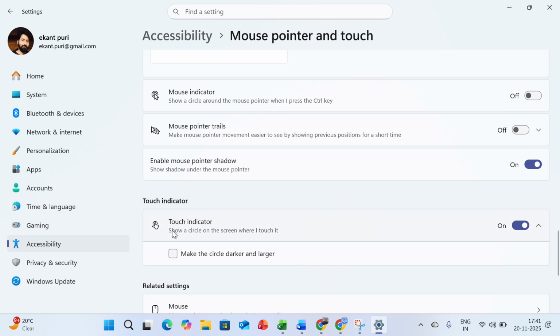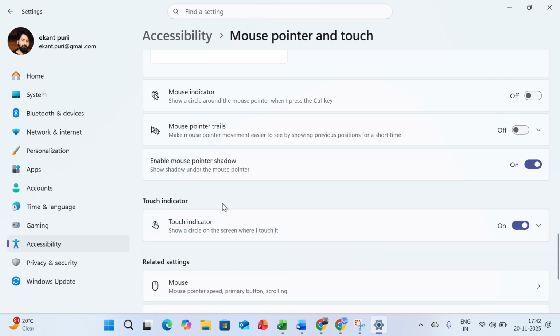Touch indicator: if you enable this, you can make the circle darker and larger. It will show a circle on the screen where I touch it. For example, from now, where I touch,